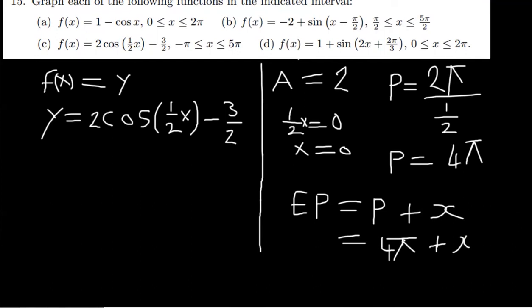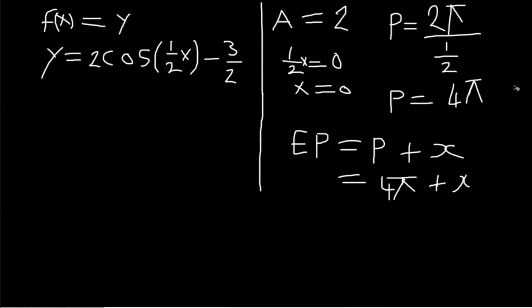That is the end point. Oh, sorry, my x there now has changed, this 0. So instead of writing that, I'll put 0. So this is going to be 4 pi plus 0, which gives me just 4 pi. So meaning the first cycle is going to start from 0 and end at 4 pi. So now from there I think I can even start drawing my